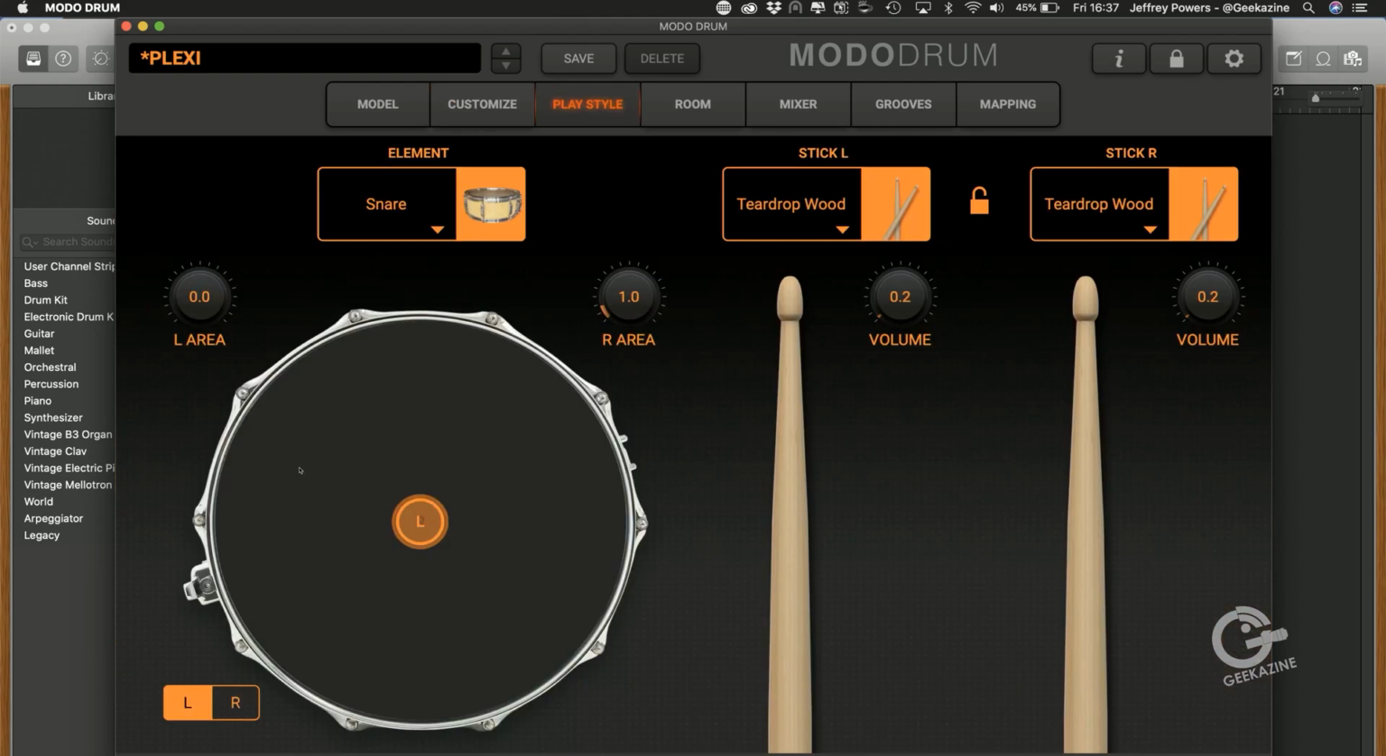Let's just go through the buttons here. You have the play style. Now, this is really cool. I can set up for the different types of drumsticks that I use, and where I hit on the drum. Like for instance, let's say on the snare drum, I have my left over here and my right over here. So when I hit on this snare,